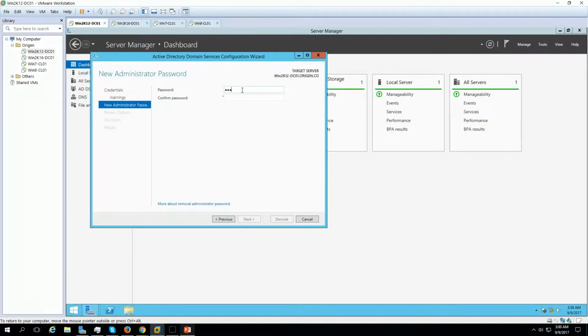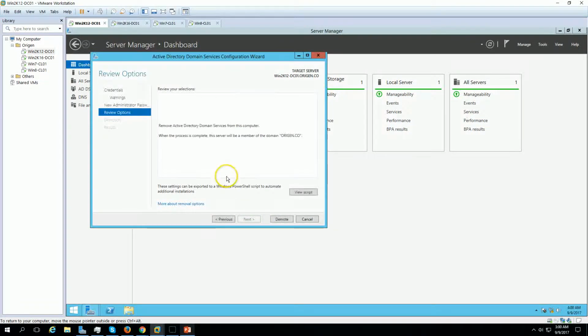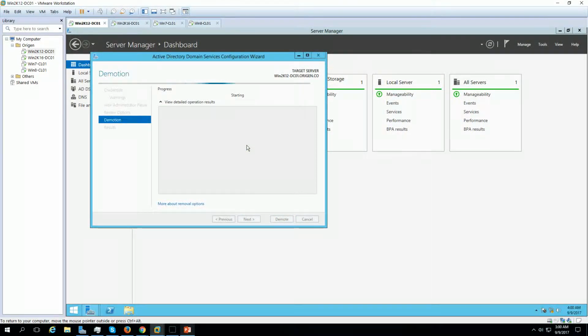and we need to put the local credential password here, so I'm going to put my local credential and click next, and we have a review option. What we are going to do is remove Active Directory Domain Services from this computer only, and when the process is complete, the server will be a member of this domain account, which is origin.co. So good to go,